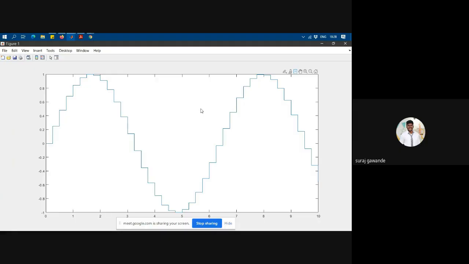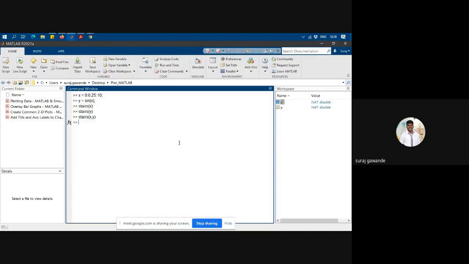Now let's understand how we can visualize our data in polar plots. You might have seen a polar plot, right? So we will plot data in a polar plot. For that, I'll just type close all. Close all closes all the figure windows which are present in the background, and I'll type